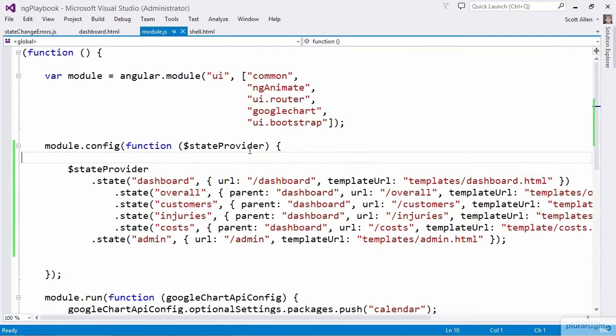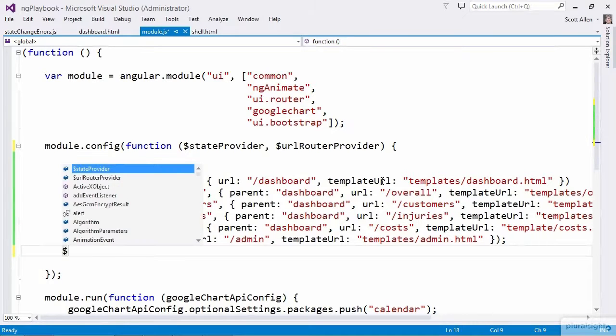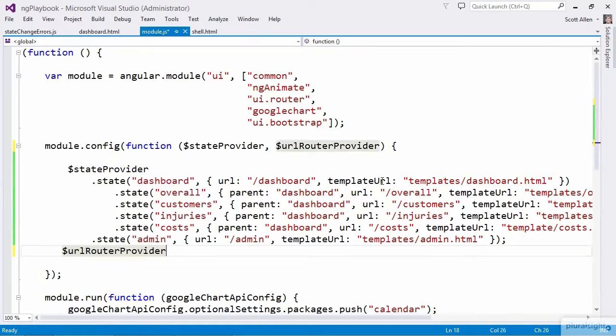With state provider, there's something very similar, but I do this with the URL router provider. The URL router provider has a number of methods that allow you to tell UI router how to interact with URLs in a very low-level way, and it also has an otherwise method. So I can tell it that if you're on a URL that you don't recognize, it doesn't map to any of the known states, then just redirect to this URL,